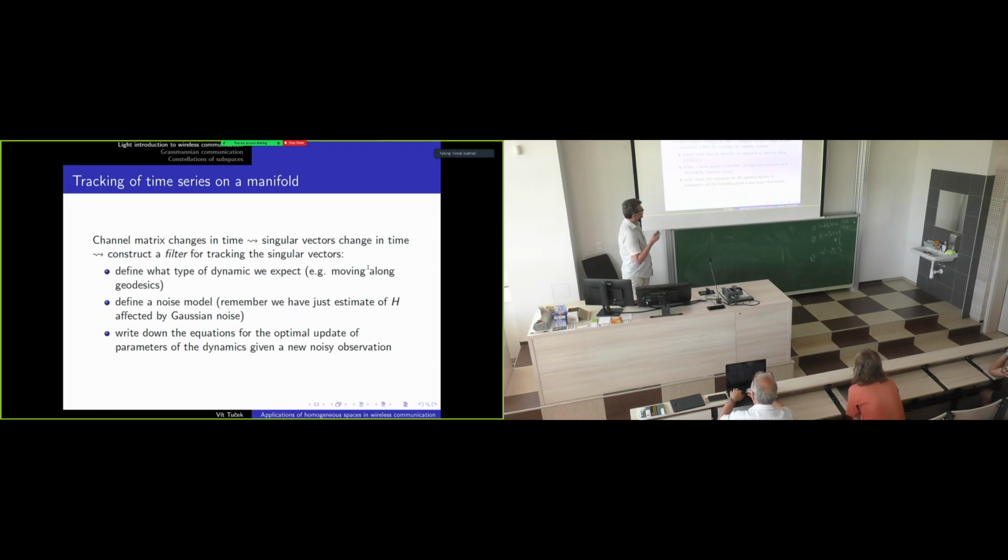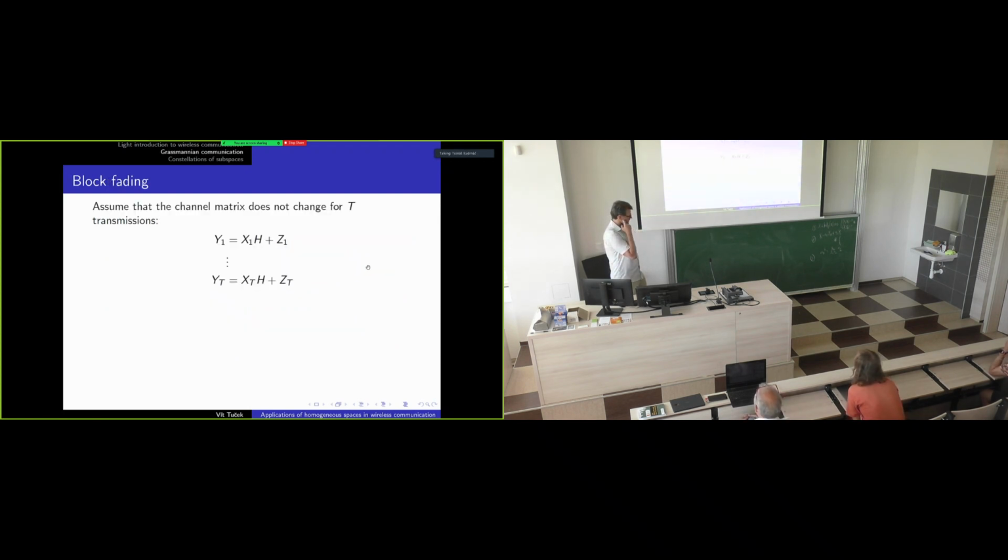Another problem connected to this is how to send back the information about which singular vectors we measure at the receiver. For that, the usual thing would be to take the manifold and decompose it into regions of roughly the same size, label the regions, and send back just the label: hey, we are in this region with our current singular vector. So we are looking at decomposition of this manifold into regions, and that's connected to the next problem, which is the problem of block fading,